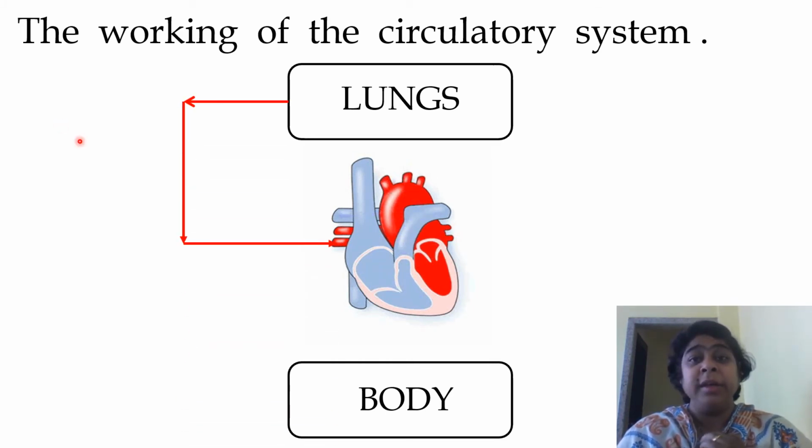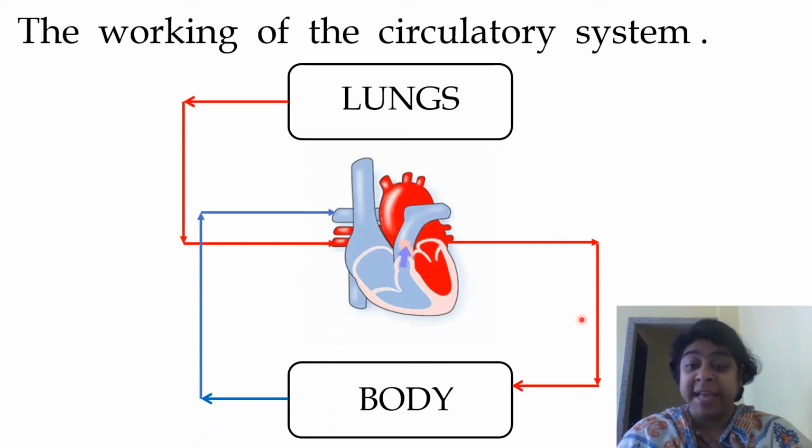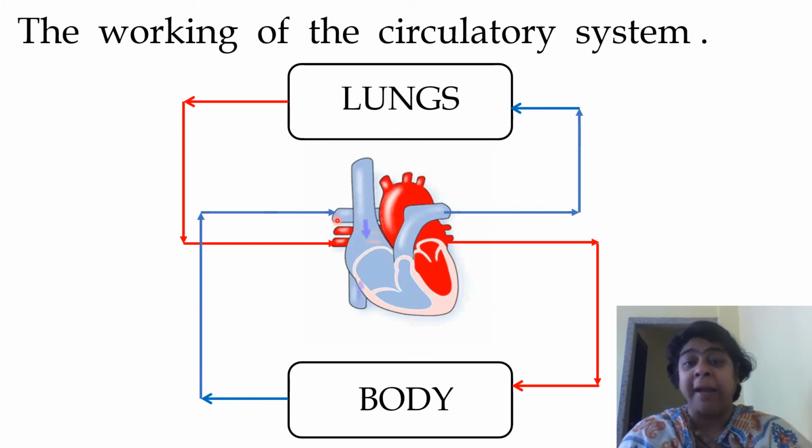Now children, the oxygen from the lungs goes, the blood goes into the heart, and from the heart it goes to the other parts of the body. Now this red, why have I taken red lines, is because it will represent the arteries, that is the oxygen rich blood. Then the veins at the same time carry the deoxygenated blood or the carbon dioxide rich blood from the other parts of the body and take it to the heart,